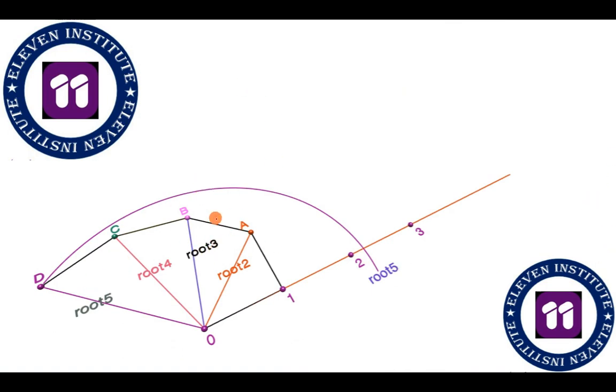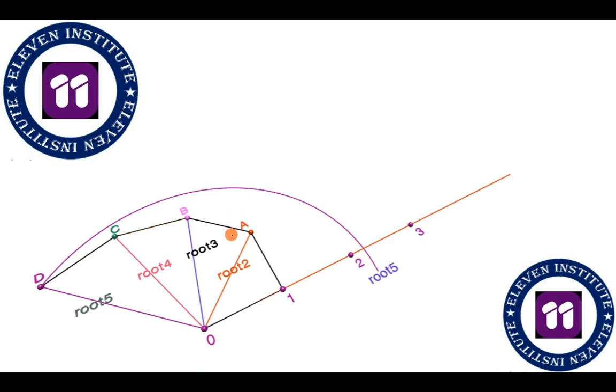See, the concept behind this is 1 unit, you get root 2. Again, if on the base of root 2 you get 1 unit, then you get root 3. Again, if you take 1 unit perpendicular over here, you get root 4. Again, you take 1 unit perpendicularly over here, you get root 5. Now if you want root 6, you will take again 1 unit perpendicularly over here. Right? So this method is the square root spiral. You can see a spiral like structure over here.